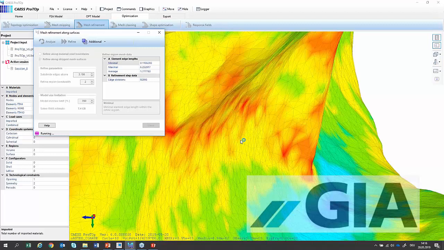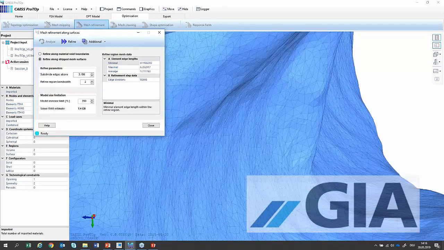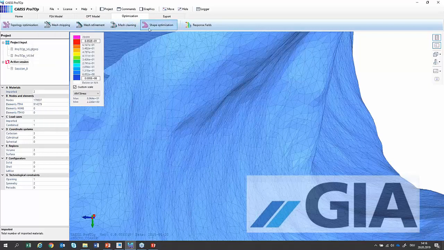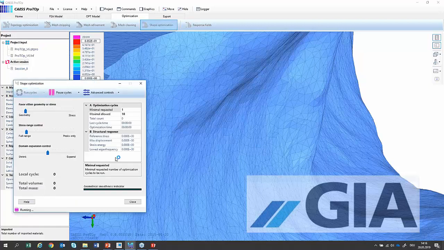Before, we always remeshed the whole volume or certain volumes itself, but now I'm remeshing only the cut surfaces, the stripped surfaces. We have much more elements inside, and with this much more elements here, of course I can do